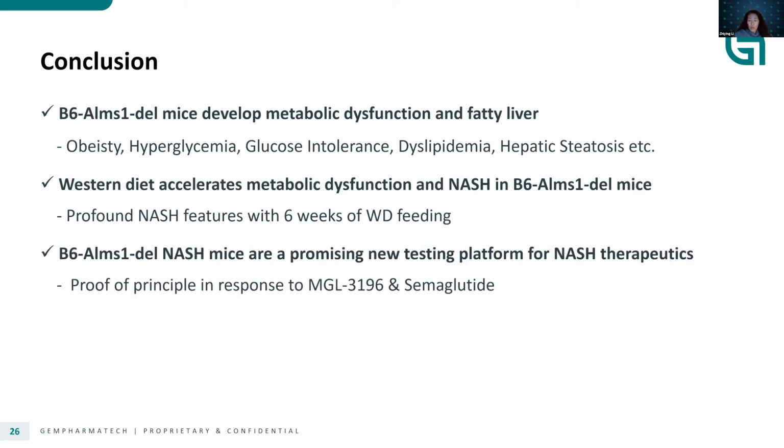In our hands or in our standard treatment procedure. At the same time, though, this particular mouse model with the Western diet treatment, we think is a good model to mimic the human NASH disease stage, and is a promising new testing platform for new NASH therapeutics. So as a proof of principle, we have seen they can respond, and they are quite sensitive to the two promising drugs that have been gaining real momentum in clinical testing.